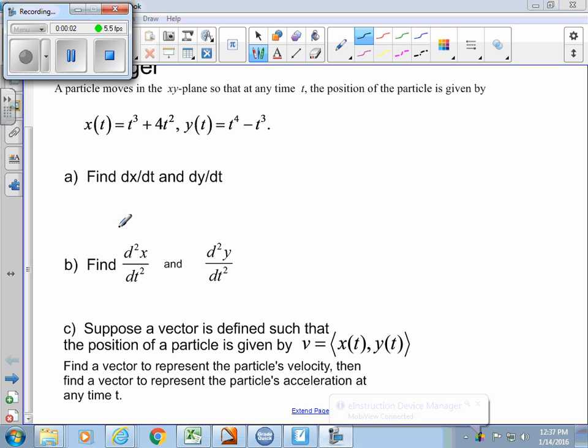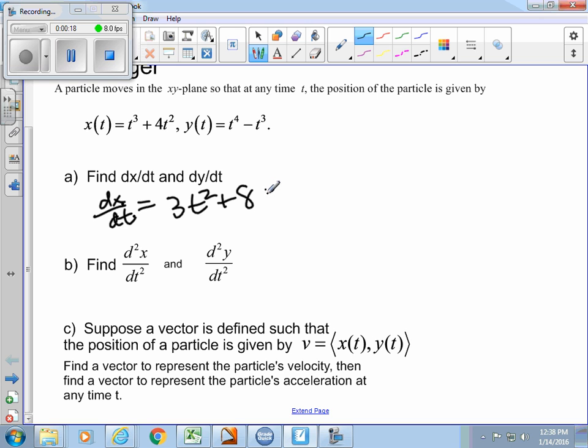I asked you to find dx/dt and dy/dt. So dx/dt is 3t squared plus 8t. And dy/dt